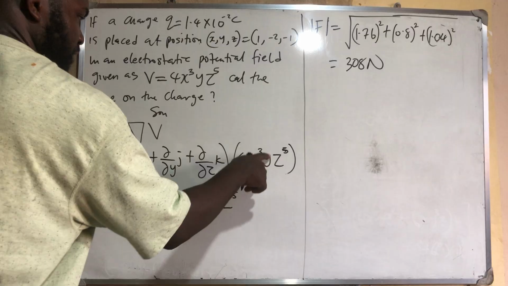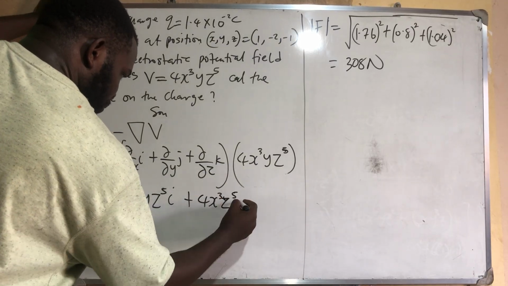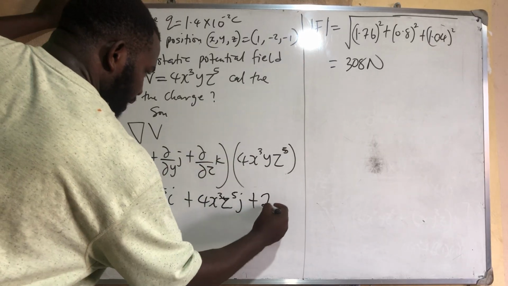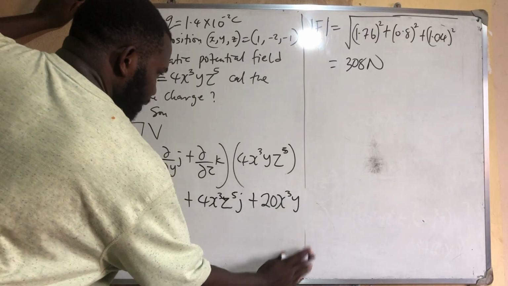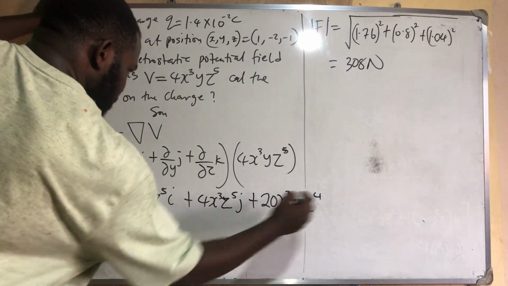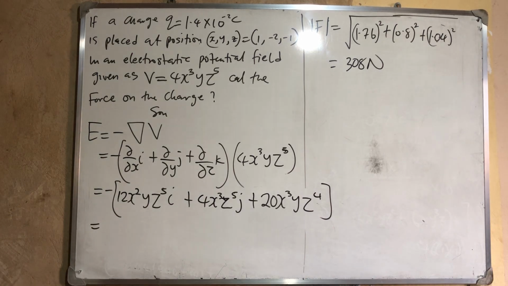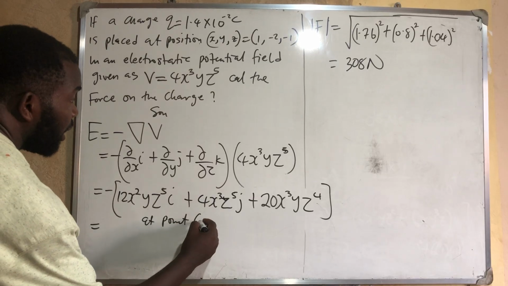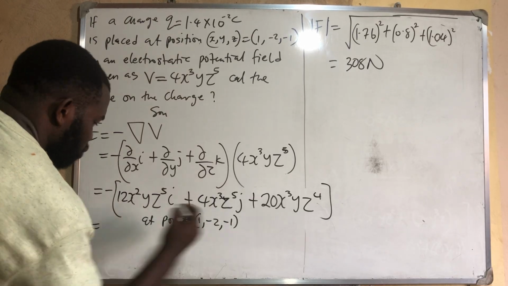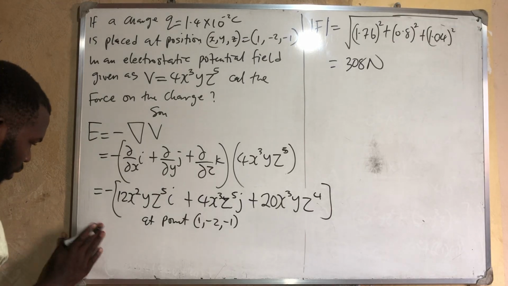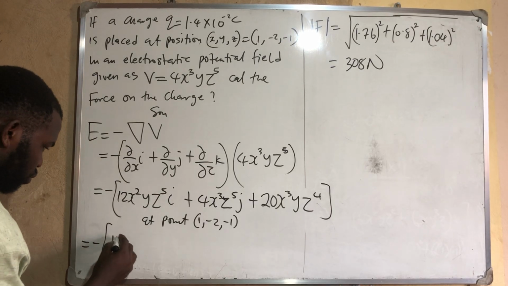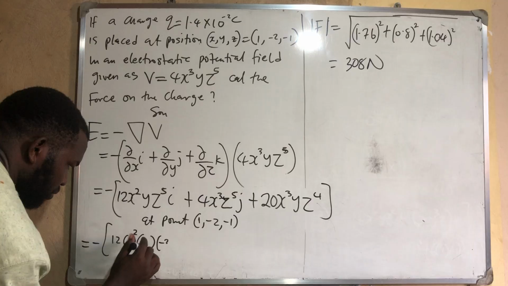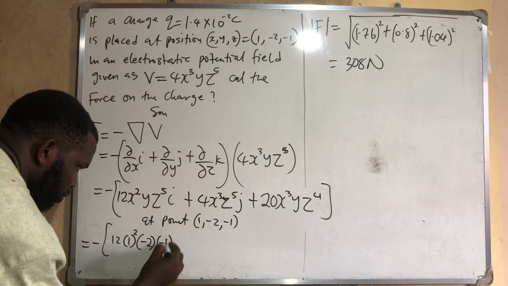you put your J. Then plus differentiate with respect to z. 5 times this is 20x raised to power 3 y, then z raised to power 4. So this is my electric field strength. Then at the point 1, minus 2, minus 1, we simply put in the values. I have minus into 12 bracket 1 squared into minus 1, then into minus 2, then into minus 1 raised to power 5,